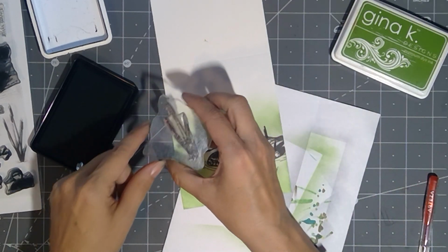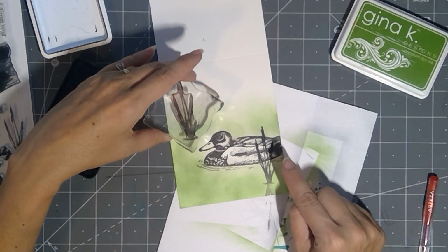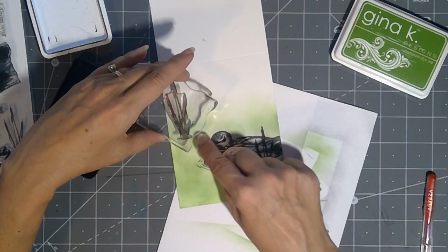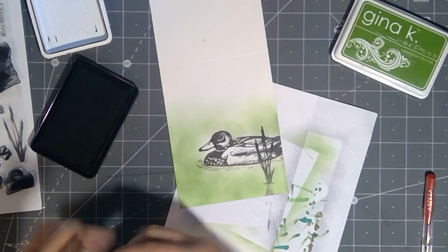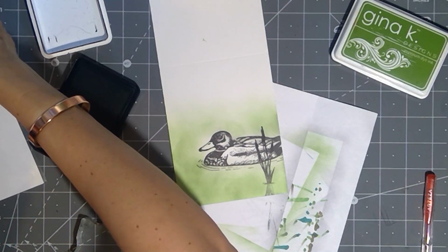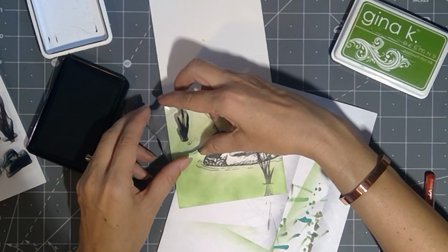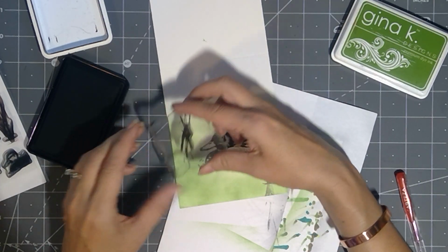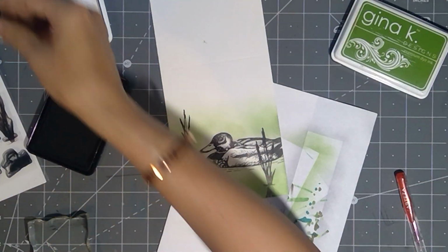If I used the one that's the same size back behind it, that's going to make it seem like this one is huge in relation to this one, because your eye thinks that things that are the same size must be much bigger if they're in the background. So that's why you've got this smaller cattail. So I'm going to go ahead and stamp this over here. And then just gently flip it, line it up. Okay. All right, now let's go ahead